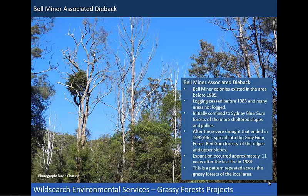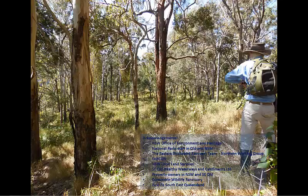And logging can do that, but also lack of fire can do that, all sorts of things. It's a really complex problem. But the expansion, approximately 11 years after the last fire in this area, that's when it seemed to take off. And that ties in with the sequence of photos I had over time. It ties in with that ageing, roughly. So it sort of all seems to tie in with changed fire regimes up in this area. So anyway, that's a site in Queensland,